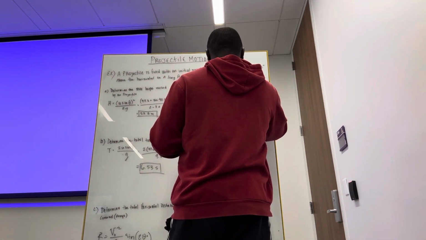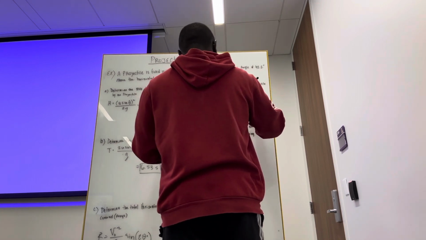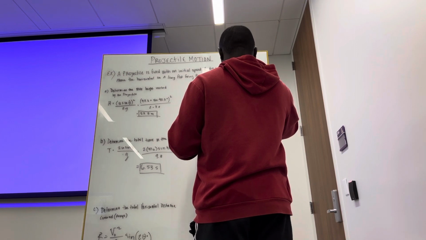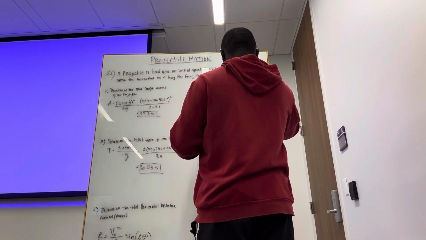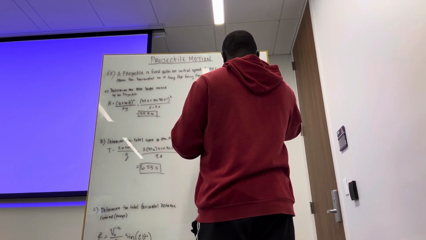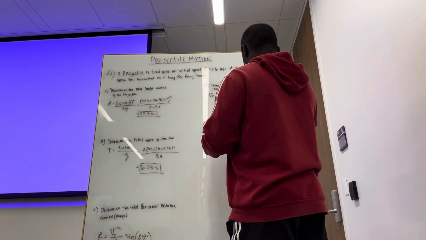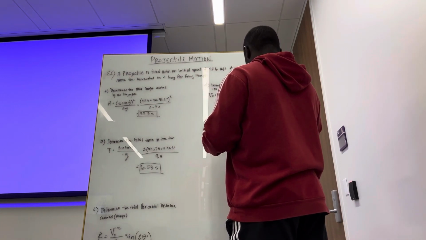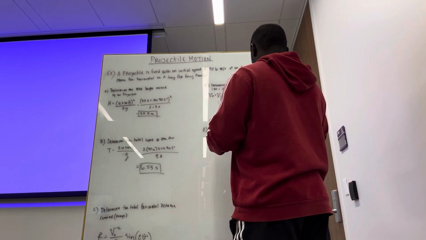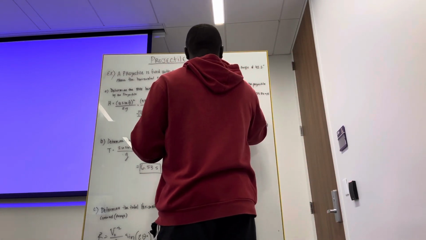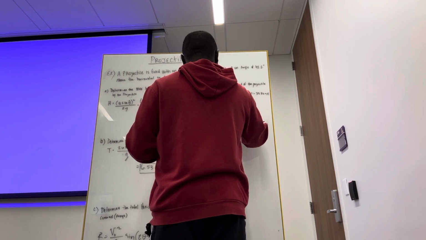Using this equation, our initial speed times the cosine of our initial angle gets us our x, which is 35.26 meters per second. And then to find the y, we get